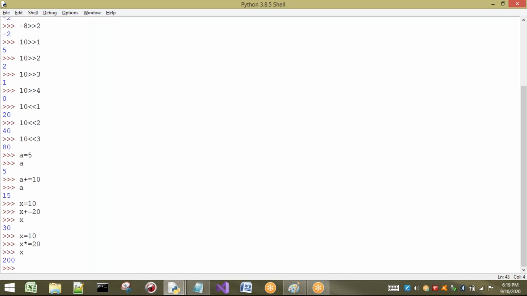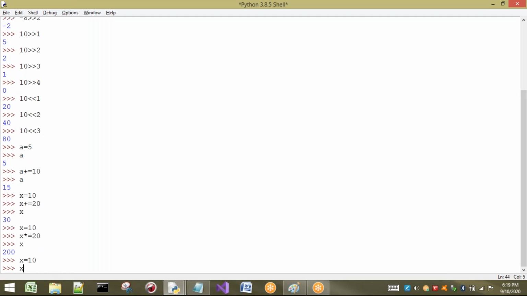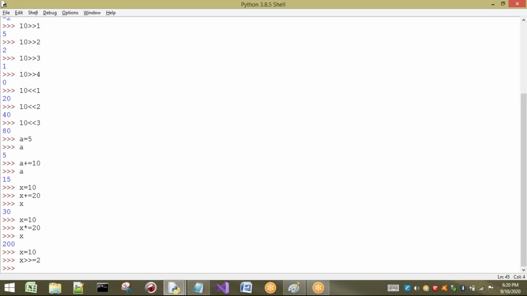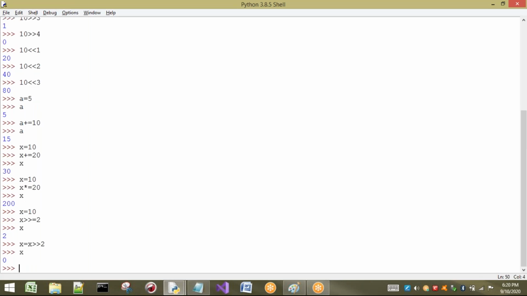Now I want to show you that all the remaining operators work the same way. I will take a small example for shifting operations. x = 10, for example. Next, x >>= 2. What is the meaning of this? x has to be shifted right by 2 bits. So the answer, as we have seen earlier, will be 2. Sorry, x was already shifted here, so x became 2 and we got 0.